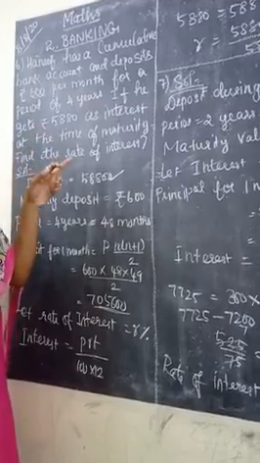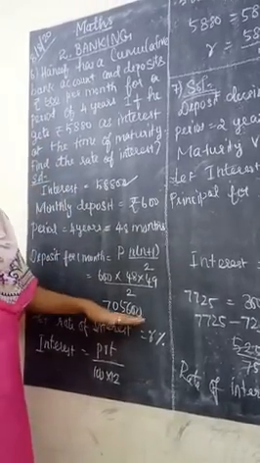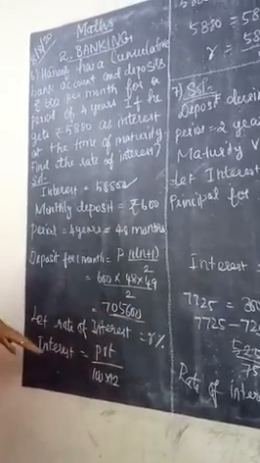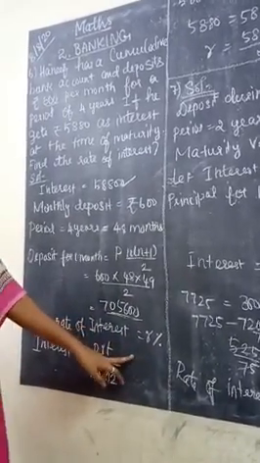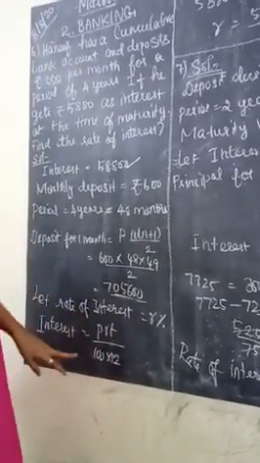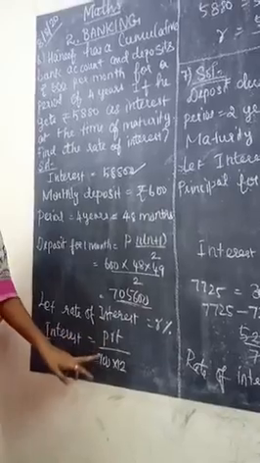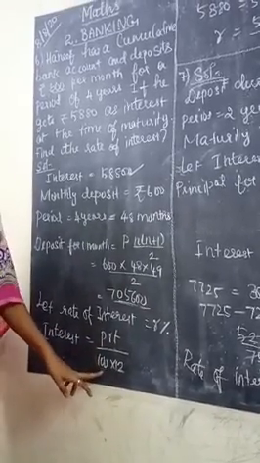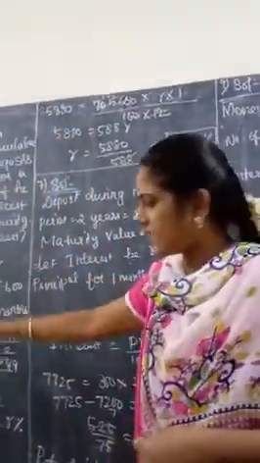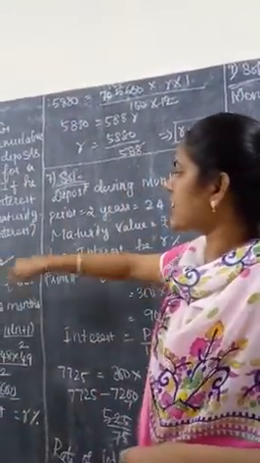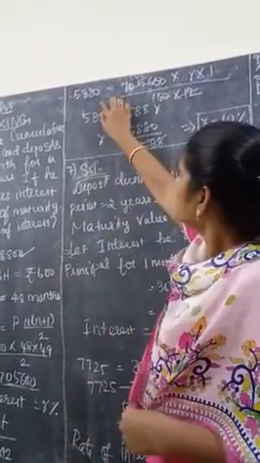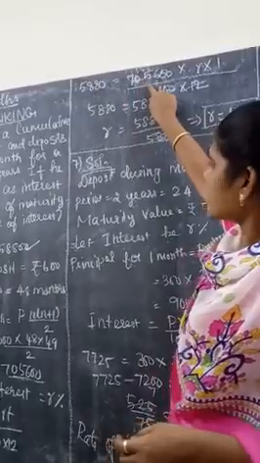Monthly 600 they pay, for 4 years they pay. This is only for the principal value: 7,05,600. Next, we need to find the rate of interest. We may not know the rate of interest, so just consider the rate of interest as R percentage. What is the interest formula? PRT by 100. It's a recurring deposit, so into 12. Listen, here they have given the interest value as 5,880.